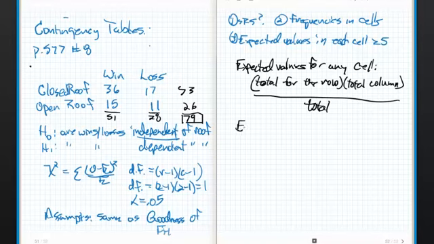I could go like the expected value of the cell in the first row, first column. You might see it written like that. The expected value, you know what, I'm going to change colors again. Let's go with orange. For this guy right here, the expected value in there is going to be, I simply take 53 times 51 and I divide it by 79. I can't do that in my head, so I'm going to go 53 times 51 divided by 79, and I get 34.22. I'll put it in parentheses so I realize that it's expected, and I go